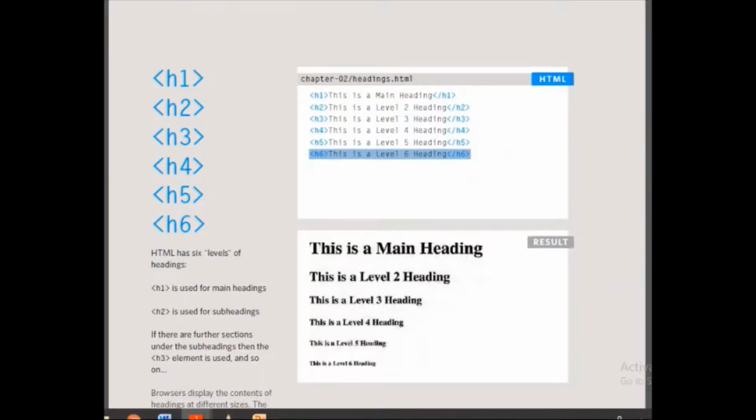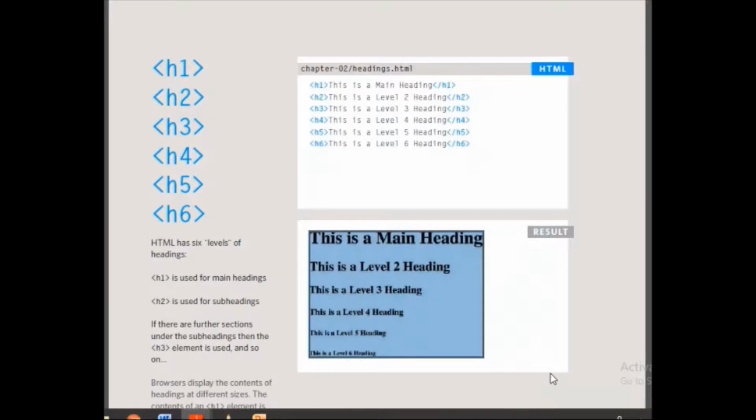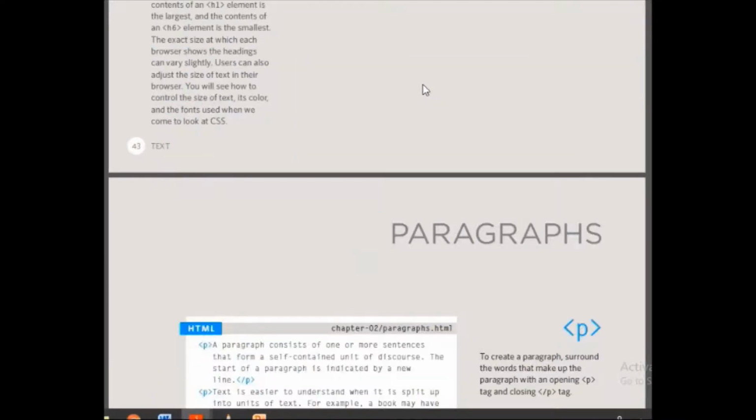You can see the output right here in front of you. This is the result of the code we have written over here. So this is the main heading, it is the biggest. This is heading level 2, smaller. H3 would be smaller still, and H6 would be the smallest. These are the levels of headings you can give. Whatever text you give inside H1 /H1 would appear as the biggest heading.